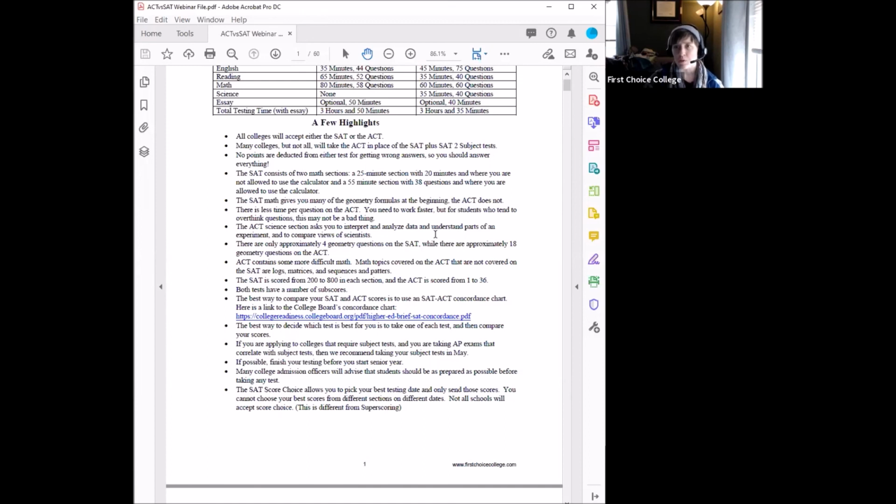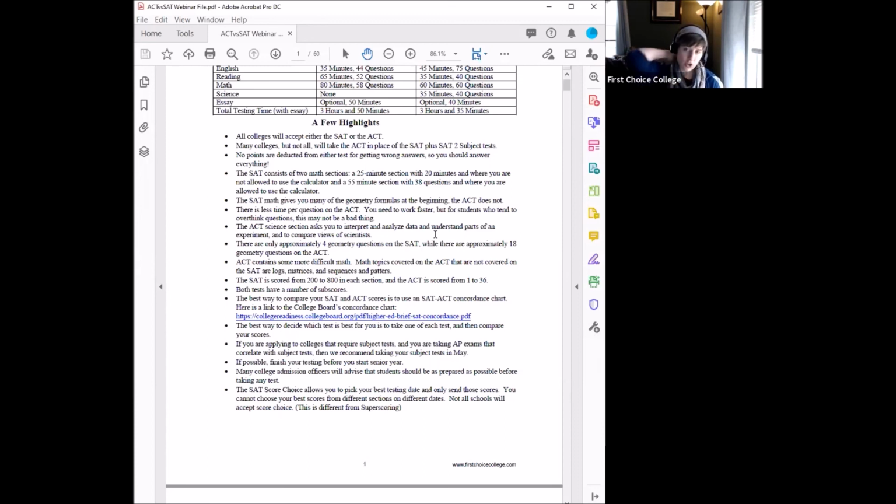Main reason to do it with the essay the first time is, again, so that you don't have to go back and take the essay a second time, because unfortunately you cannot just take the essay on its own. You would have to take the entire test again. So it's just something to keep in mind for round one. But if a student knows all the places they're applying to and they know that none of the places they're remotely interested in require either the SAT or ACT optional essay, then there is no benefit to taking it if a school doesn't need it. So that's just something that they'll want to think about and decide.